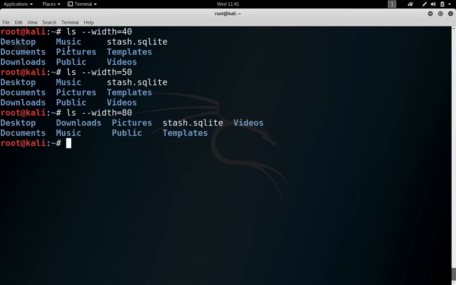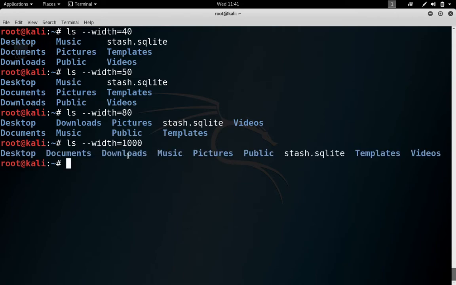So it is setting the column width here. Here it is 40, so till this line we have the 40th column, then we have here 50th, or maybe 50th is far ahead but it was crossing that, so it avoided that. Then we came to 80, and you can try even 100 or 1000, so it will print on the whole line.